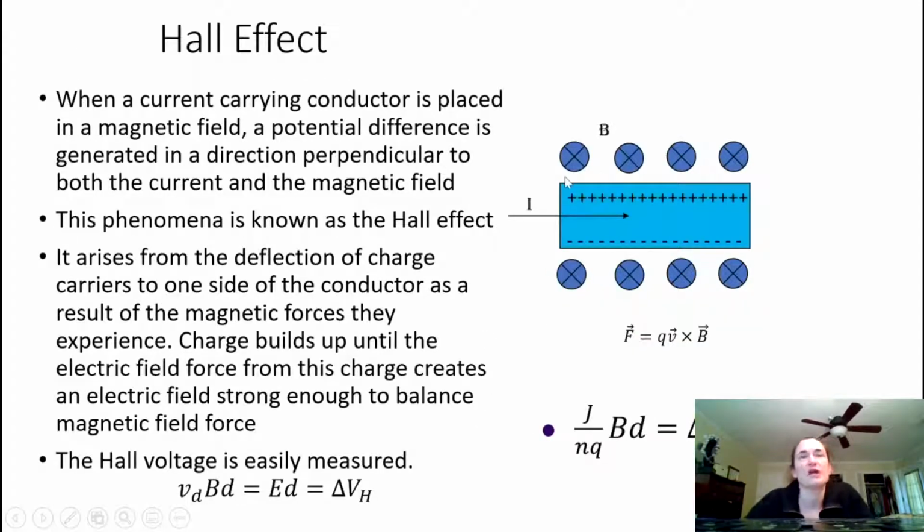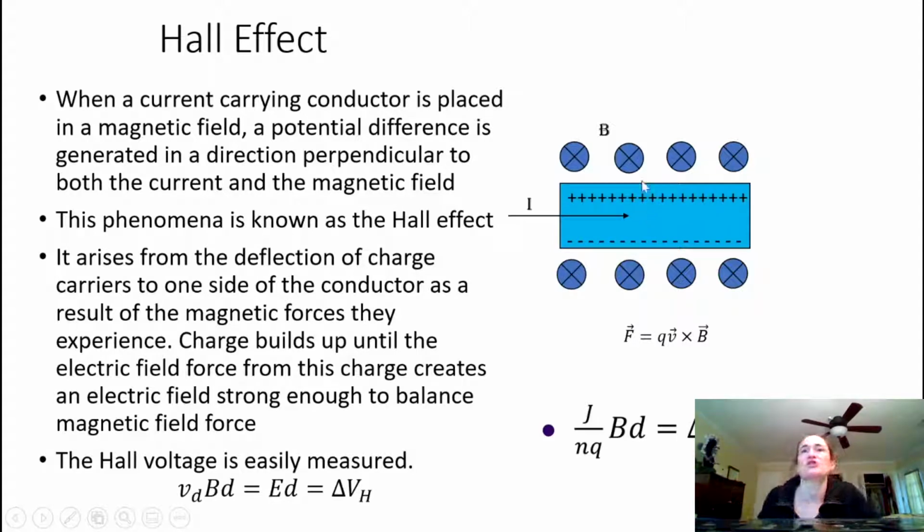All right, another topic we covered was the Hall effect. The Hall effect is when you have a current-carrying conductor placed in a magnetic field, and the charge carriers in that conductor feel that F equals QV cross B force. When that happens, they move in the conductor. So for example, in the figure here, if your current points this way, this is the direction of positive charge flow, then your positive charges